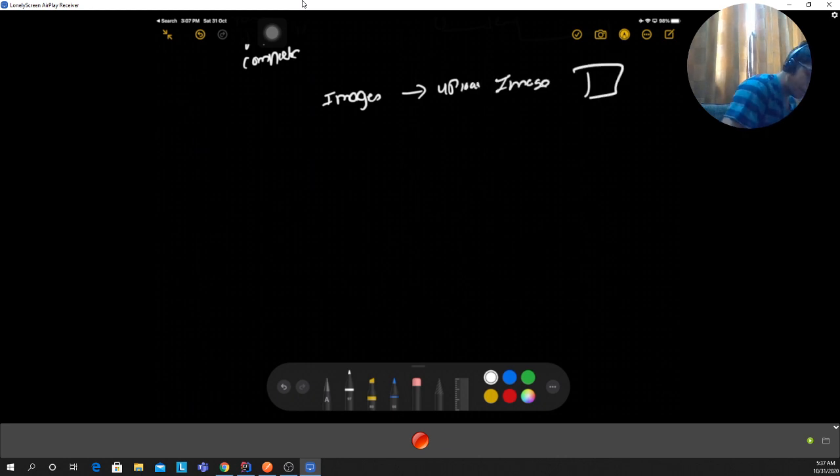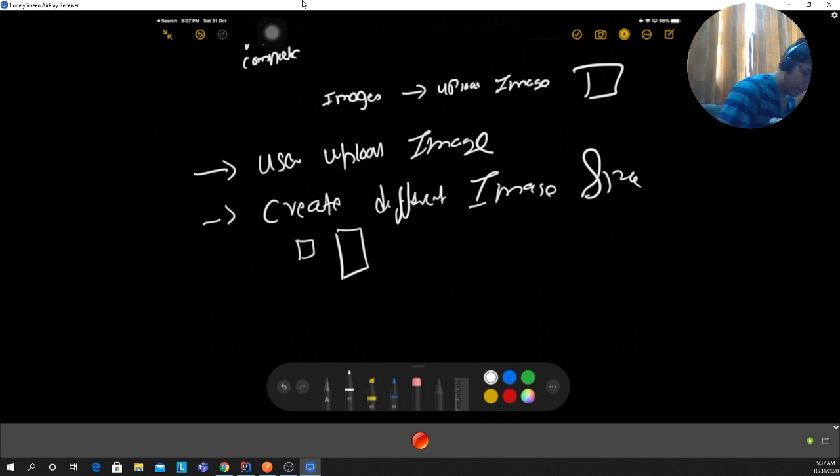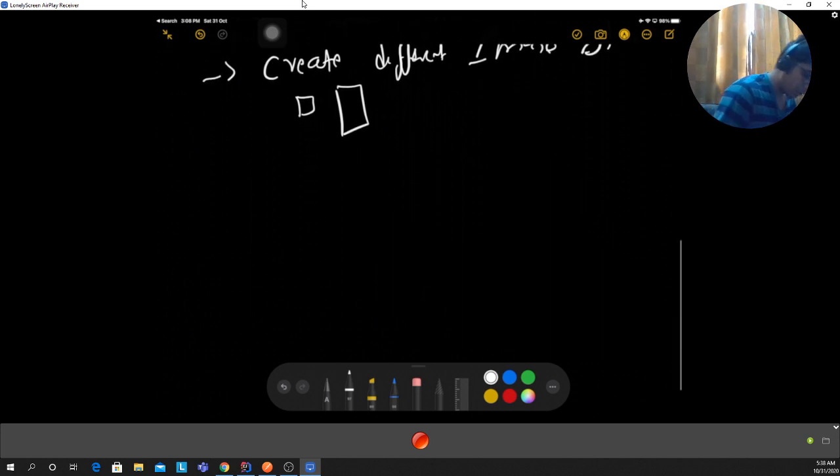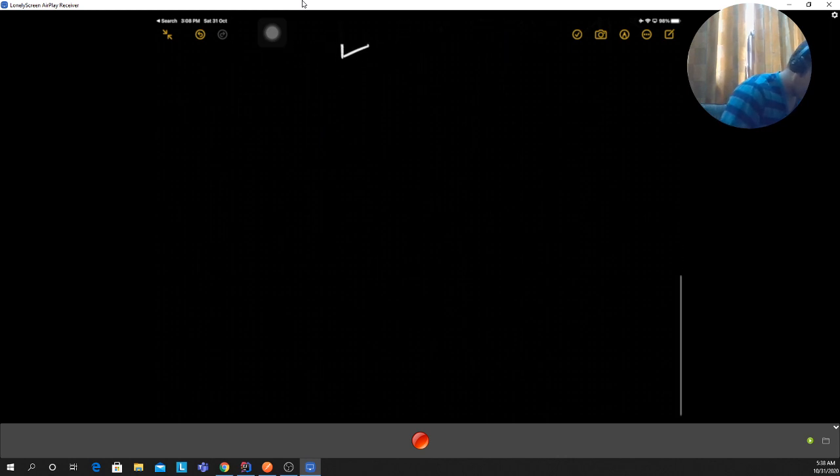and here's the thing. The user uploads an image. What you want to do is create different image sizes, like thumbnail size and logo size or something like that. So in this kind of architecture, you definitely want to use task queues and stuff like that. So what you would do, again, I'm going to draw the entire image architecture here, and of course the caching unit also. So let me just show you.